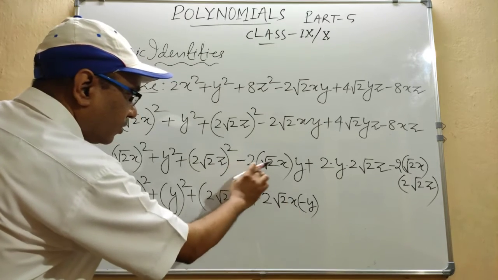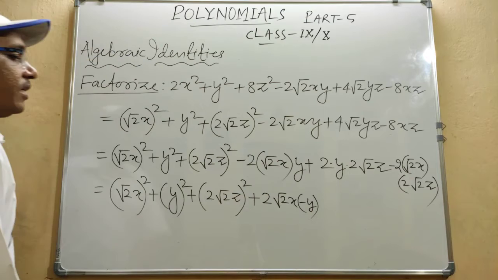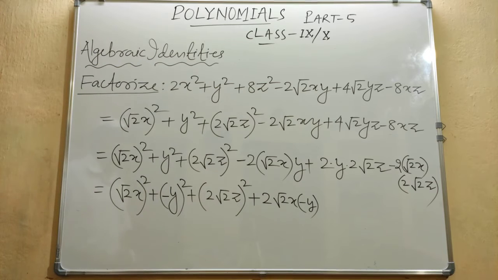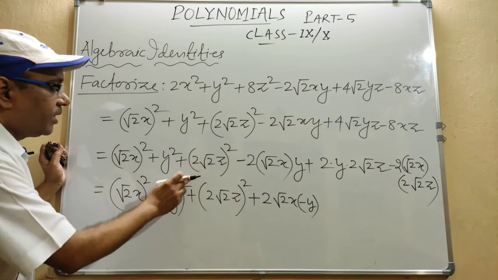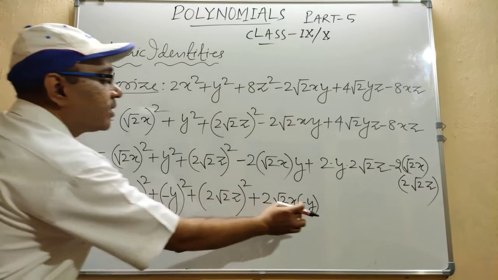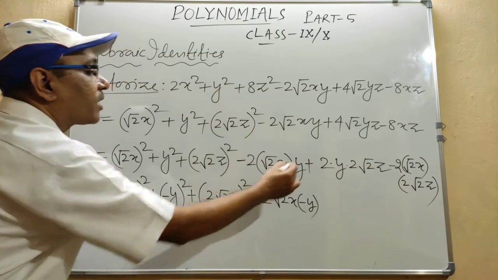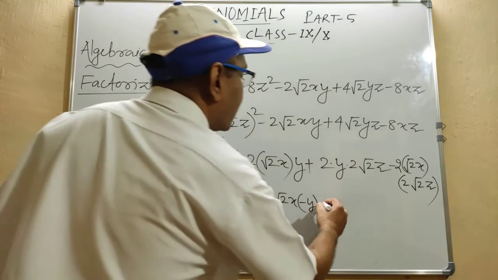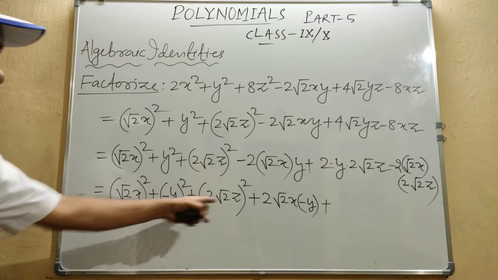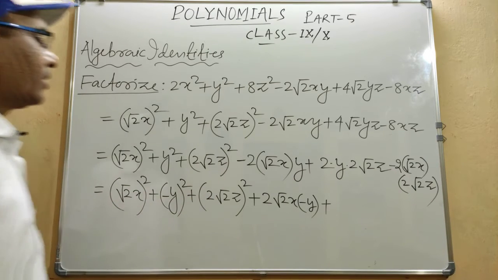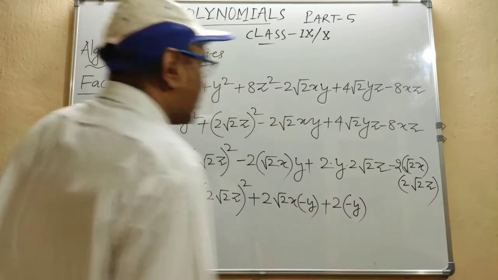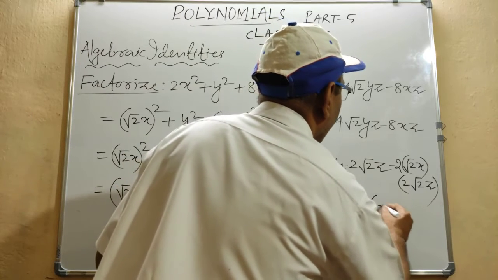then it becomes minus 2 root 2xy, minus is taken with y, so it is of the type 2ab, but here b is taken plus, you keep here one minus sign, so it is a square b square c square, b is minus y, so it is 2ab, a means 2 root 2 and b means minus y, and if you simplify this will come, okay, plus 2y 2 root 2 z, yz means it is of the type 2bc, so you will write it 2, here b is taken minus y, so this is 2b, and c you also take